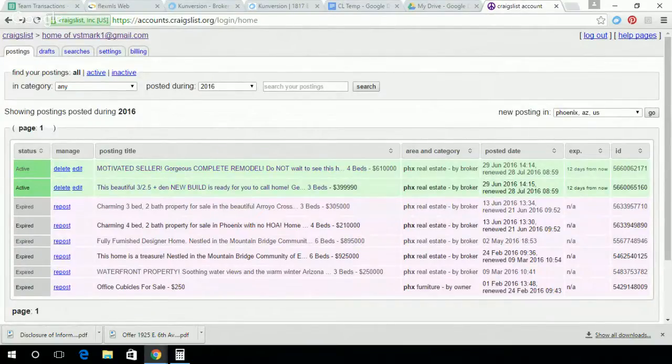I know I talked a lot during this one, so we're going to do Facebook tomorrow, okay? Because we want to keep these right around 30 minutes. We don't want to take a lot of your time. But if you have any questions on Craigslist, or you need the template or anything like that, please let me know. Text me, email me, or call me.